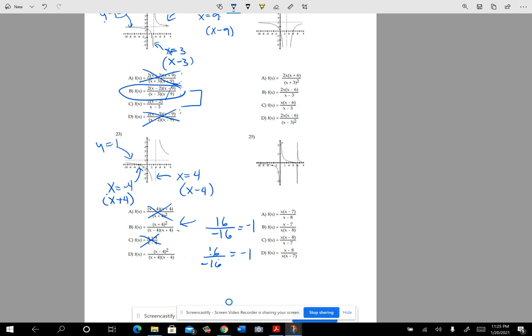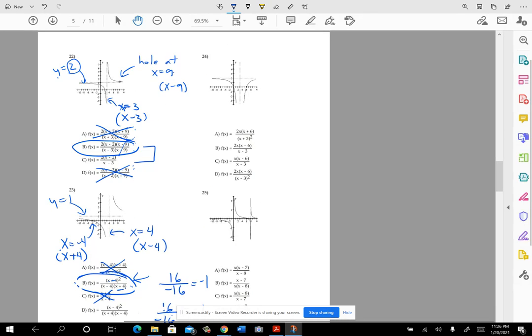So I need to have the x plus 4 top and bottom. Okay, so the x plus 4 top and bottom, not the x minus 4. Okay, so that would be the answer to that one. All right, let's look at